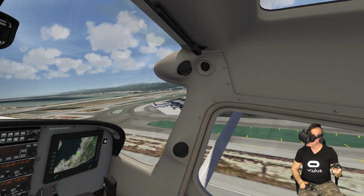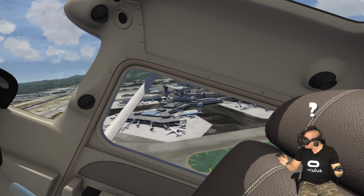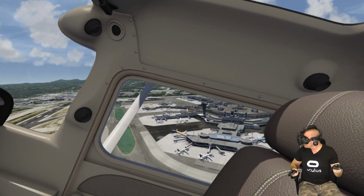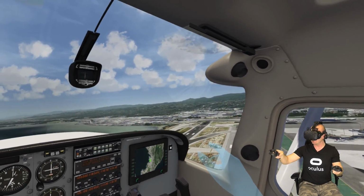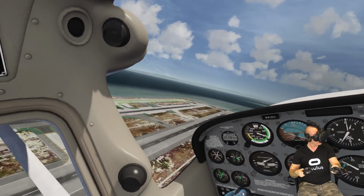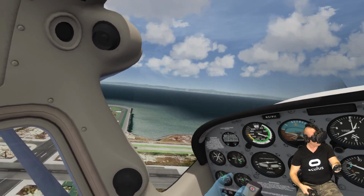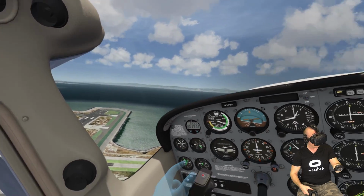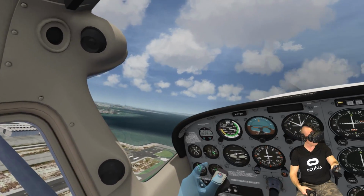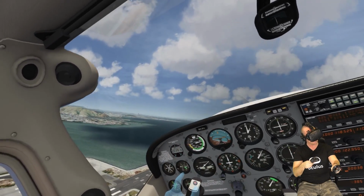Wow, guys, this doesn't look bad for being a default scenery. Look at the airport. Wow, it really looks awesome. Look at the scenery as well. It actually looks very photorealistic. I think this scenery is photorealistic, taken from photographs or satellite photographs. The water doesn't really look like water, I think, but oh well, it still looks nice, it looks detailed,